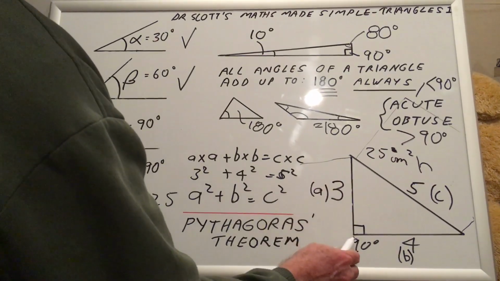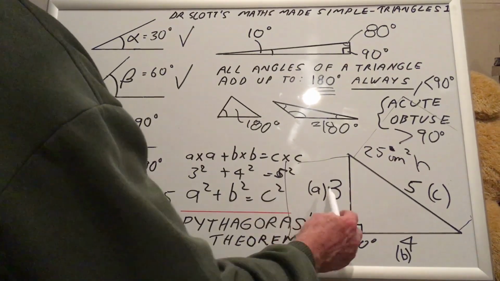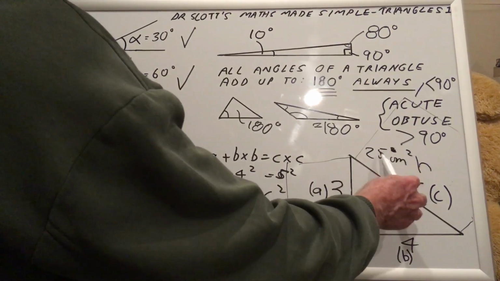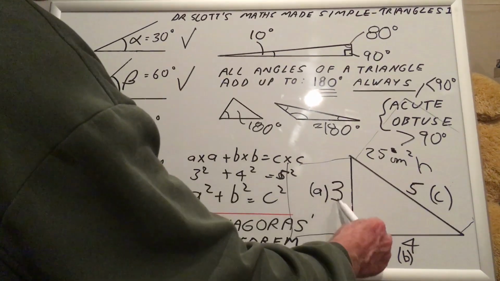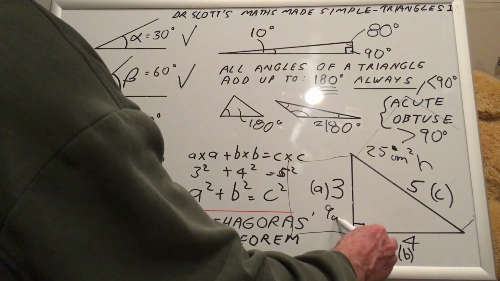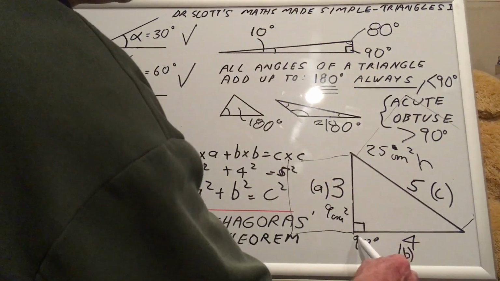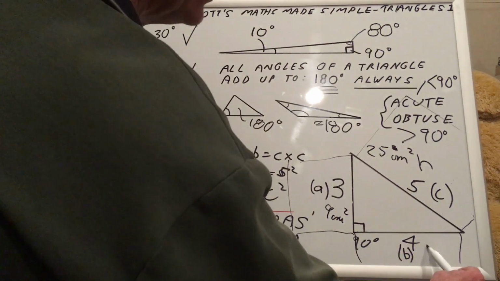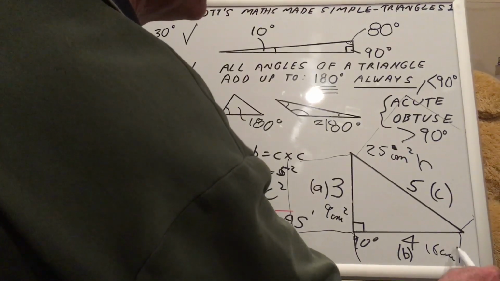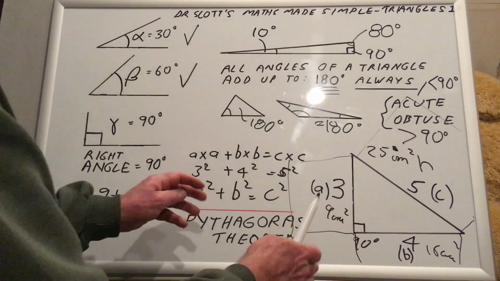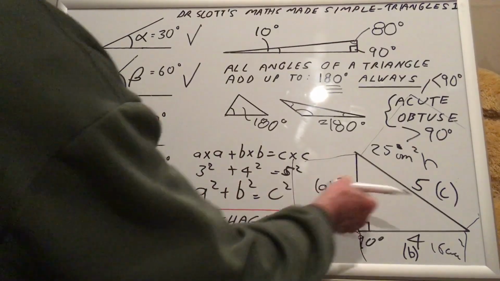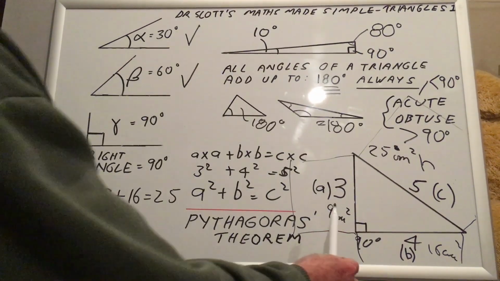But I think this just complicates things at the moment. So 25 equals 9, 3 squared, 9 square centimeters, plus 16 square centimeters. So Pythagoras actually talked about the squares that come off, but all I want you to remember is that